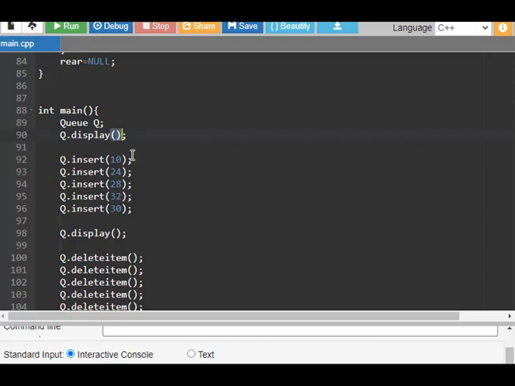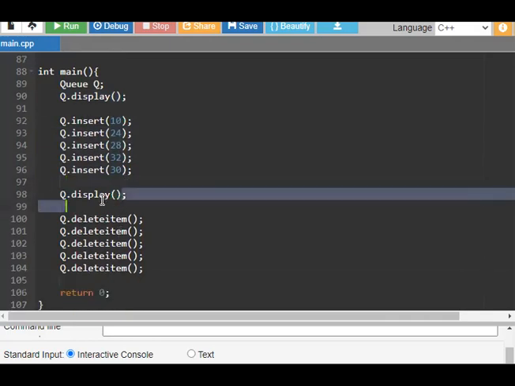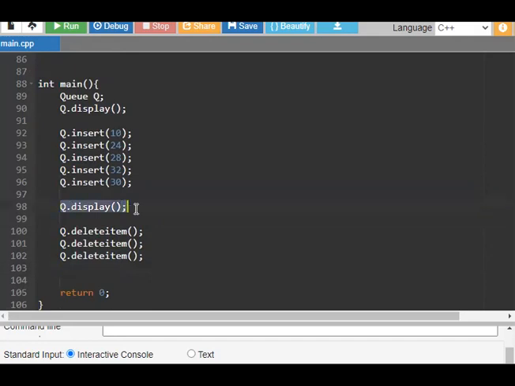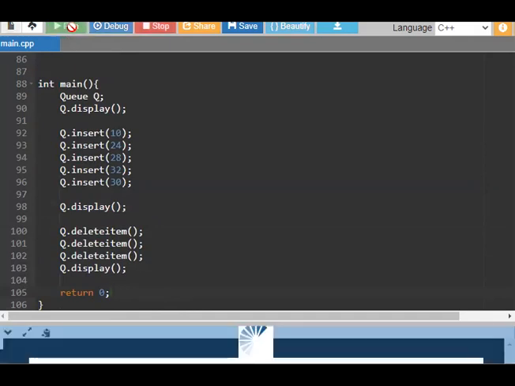Then we insert using queue dot insert of the value. Whatever value we want to insert will be typed and displayed, and we call queue dot delete item. Only three elements could be deleted, and the display function could be placed. Then we have to run the program.